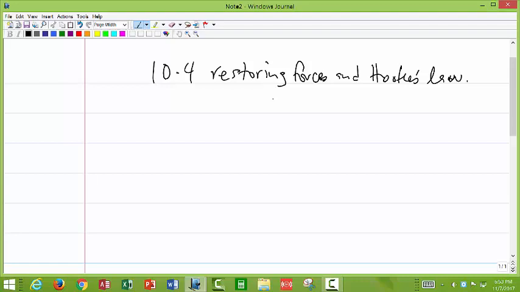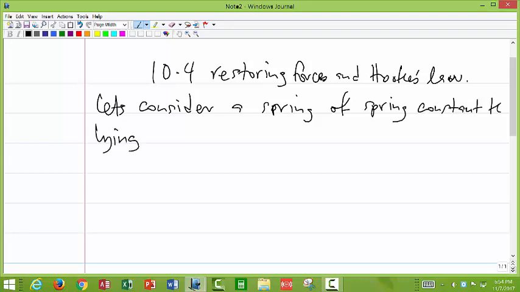relax. If you take a hard object like a solid surface, you don't see much compression or relaxation, but if you take a spring, you can stretch it or compress it. And so in the process of stretching or compressing, we can look at types of forces that act on the spring. Let's consider a spring of spring constant K lying on a smooth